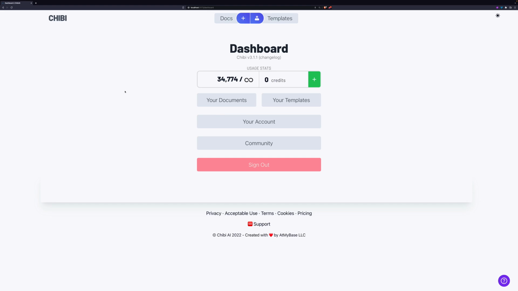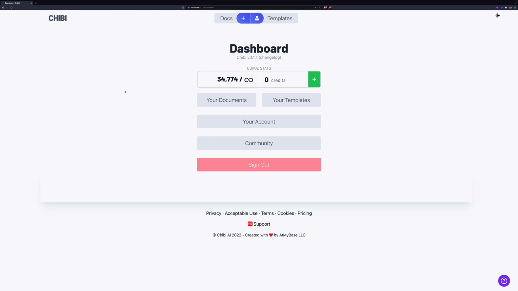So yesterday I discussed the reimagined Chibi 3.1, but while I was doing that, I completely forgot this really cool new feature that I implemented that, whoops, now I need to tell you about it. So in Chibi 3.1, this feature that I introduced is a fantastic feature for maybe somebody who is a copywriter, or you've got lots of different things that you write about, but product descriptions and things like that kind of come to mind pretty easily for me when I'm trying to think of an example of what this would